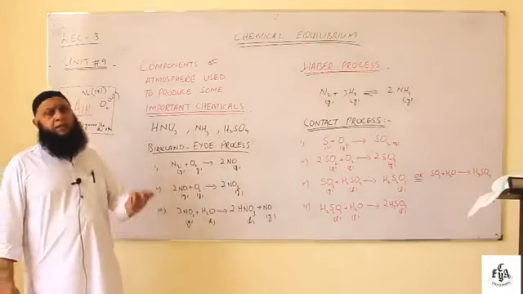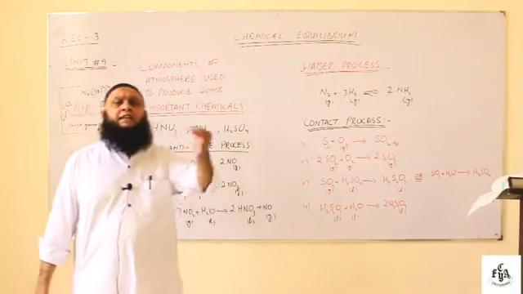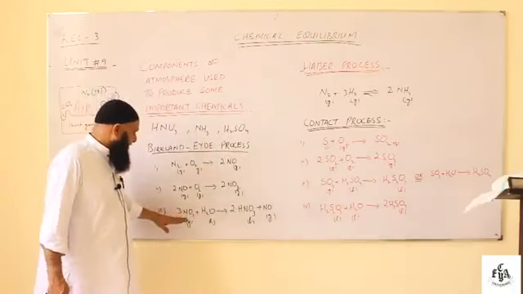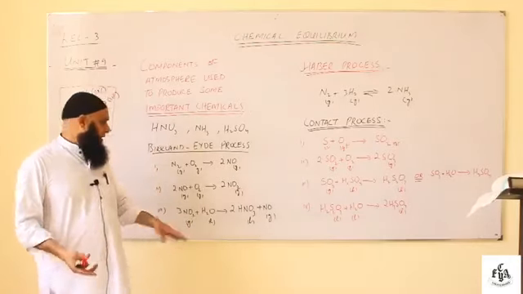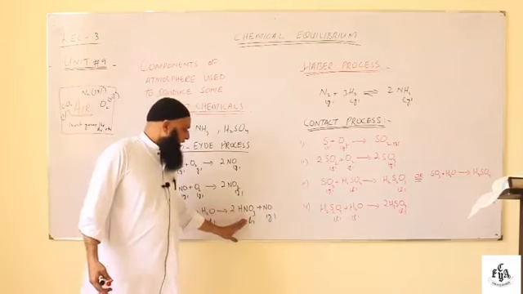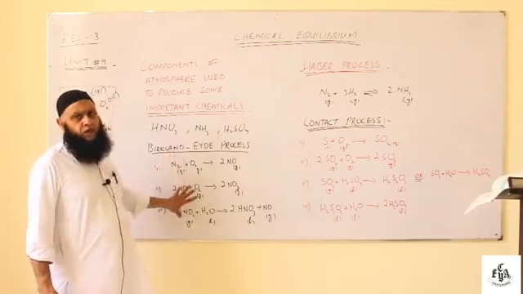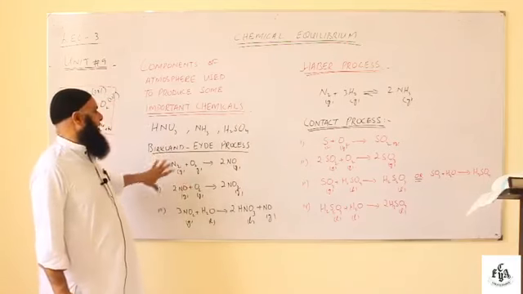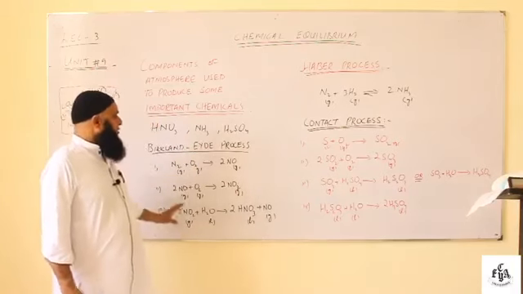Keep in mind, when a non-metal oxide reacts with water we get an acid. Nitrogen dioxide is a non-metal oxide and I am going to react it with water, so I will get nitric acid and nitric oxide. So this is one of the methods for the preparation of nitric acid, called the Ostwald process. You can note it down.